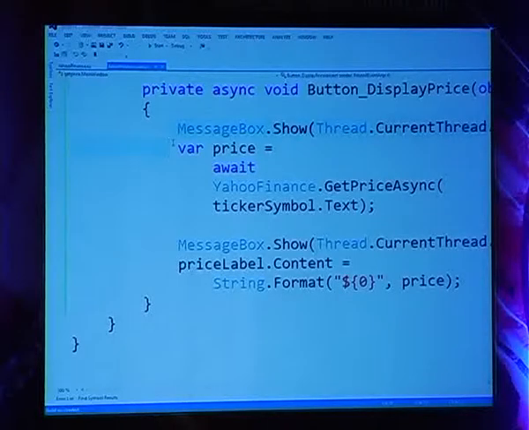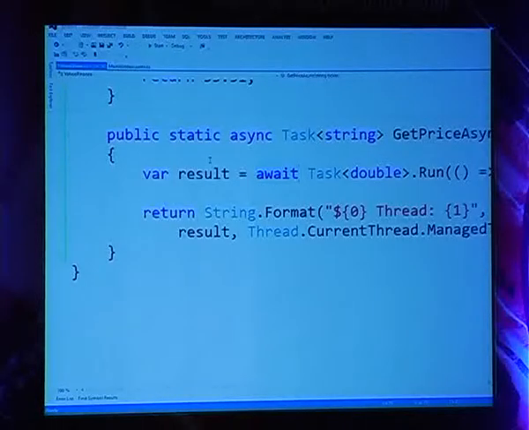You are in the main thread right now. And what did you do? You called await. You did not start a thread yet. You went into the getPrice method, and within the getPrice async method, you're still in the main thread. And then you called await. You're still in the main thread, but then you called run. That's when another thread is starting. So deep down, you are still in the UI thread, and now it starts the run method. That's going in another thread. When the response comes back, you are again back in the main thread. Logically makes sense. But of course, I really want to know what that other thread is, isn't it?